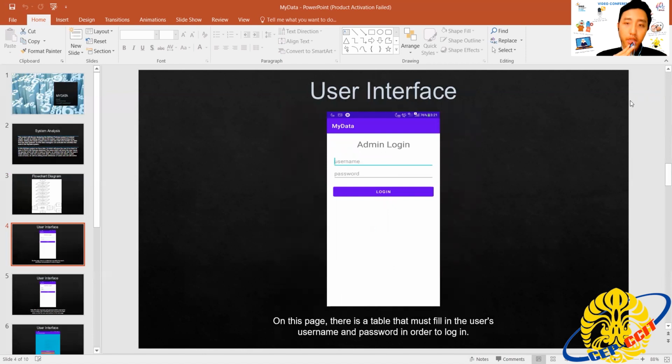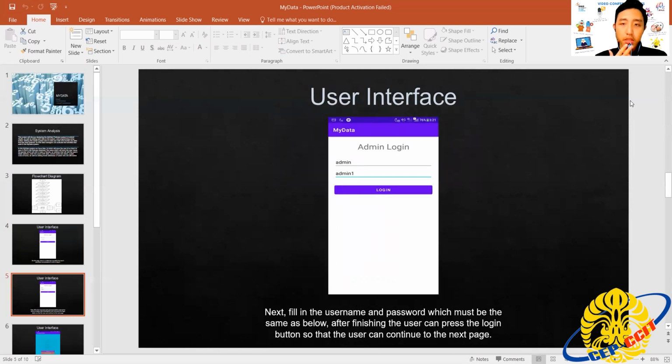And this is the user interface in the admin login. On this page, there is a table where the user's username and password must be filled in order to log in. After the users add the username and password, the users can go to the next page to fill in the data.